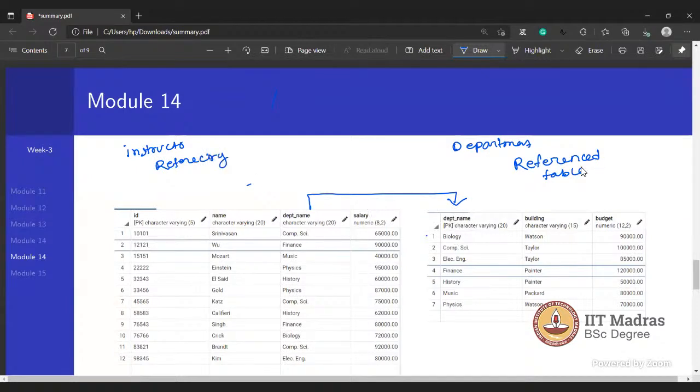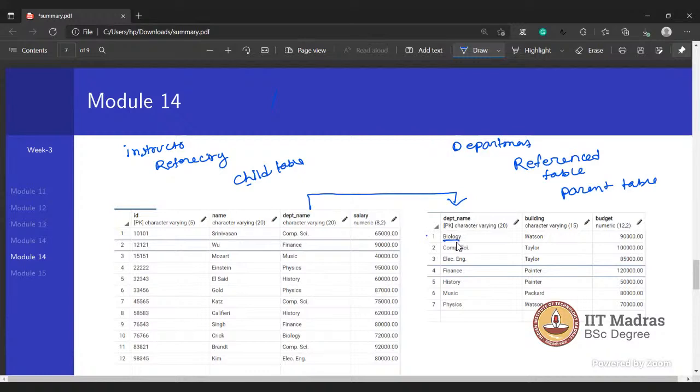This table is also called the parent table, and this is called the child table. On delete cascade means if you delete, suppose, biology or computer science, suppose you delete biology in the parent table.